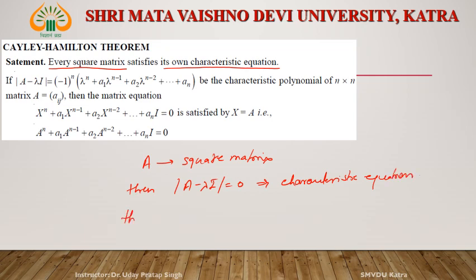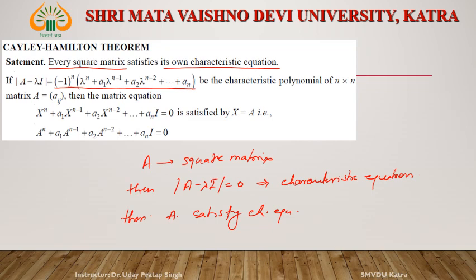Then A satisfies the characteristic equation. For example, if determinant of A minus lambda I equal to 0 is this one,